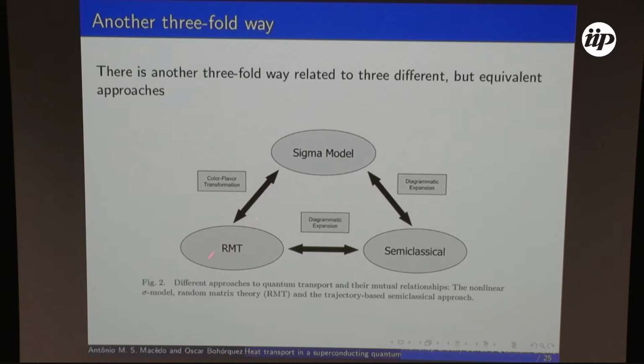So we are going to be using this connection, okay? But besides this, you also have a semi-classical trajectory-based method, and there are a number of very interesting results that people have been obtaining in the last few years. And they've shown that there is this diagrammatic expansion connection between this sigma model. There is an asymptotic equivalence that has been shown in a variety of papers. But no one still has any general proof that in the non-perturbative sector, these three models are in fact completely equivalent. So there is this issue, these mathematical issues.